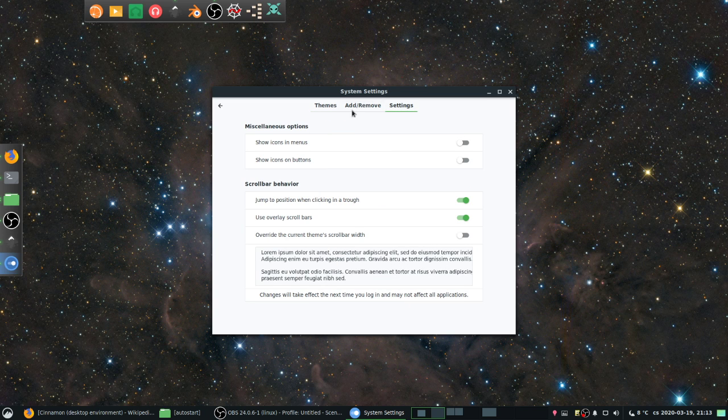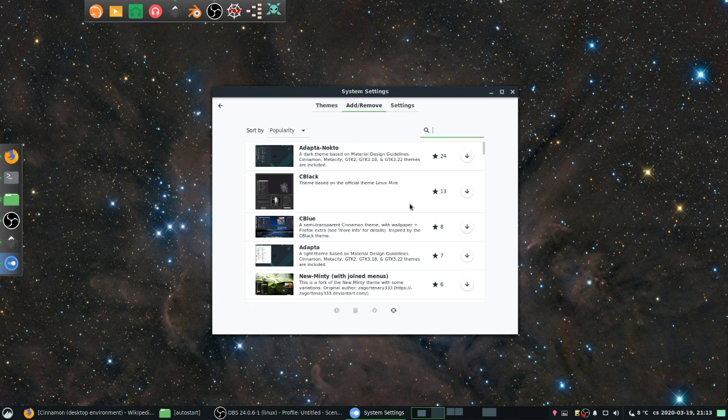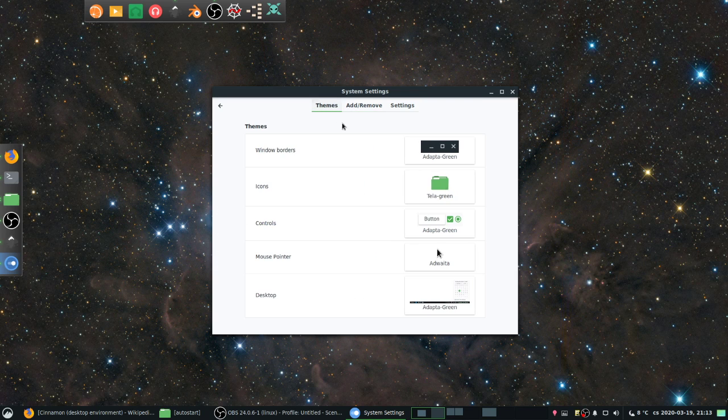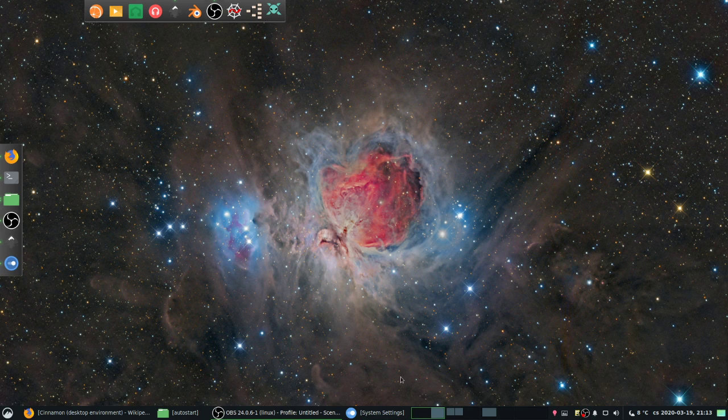Cinnamon also gives you an opportunity to just download themes for your user. I made a video about how I made a system-wide package from this Adapta green theme, so everyone on this computer can use it basically. And so this is the theme, and oh, I did not tell you that on my bottom here